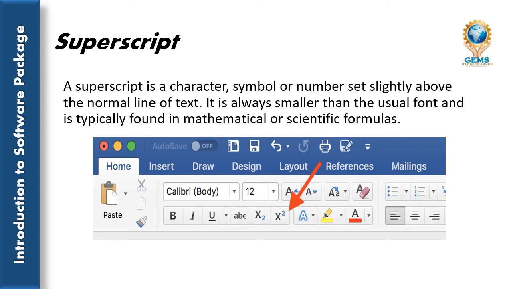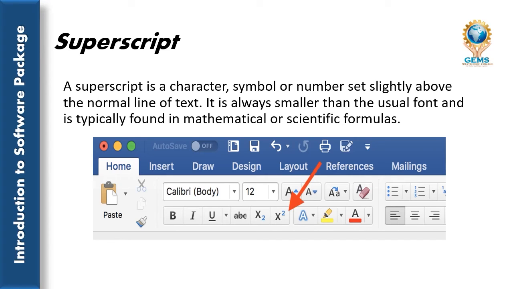It is always smaller than the usual font and is typically found in mathematical or scientific formulas. Subscript is a character, symbol or number slightly below the normal line of text, whereas superscript is slightly above the normal line of text. You can see this image from the Home tab. It shows the superscript.